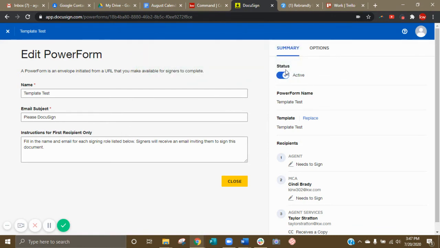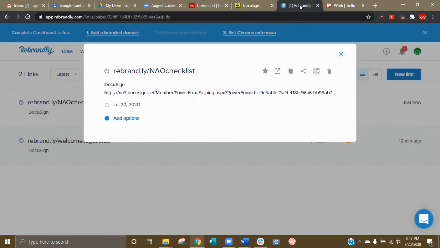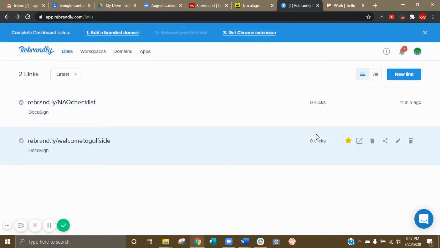Now, I do want to point out that it's not very clear in Docusign what deactivates a Powerform, but it does not stay on forever. Some things on the site say that after a certain number of people use a link, it'll auto deactivate. You can manually deactivate it. It can be a period of time that deactivates it. So what I did was use a website called Rebrandly, which is essentially a version of Bitly or TinyURL or any of those kind of sites,